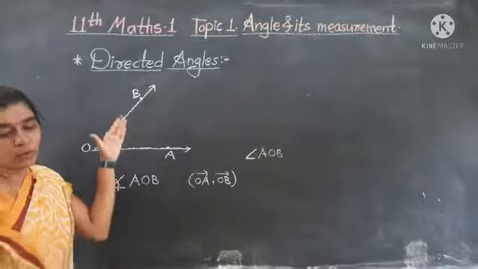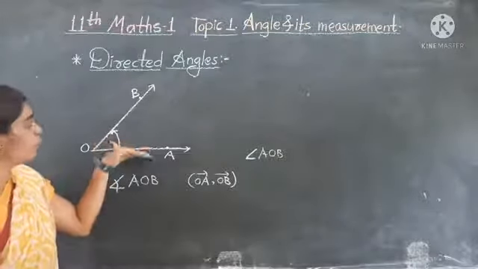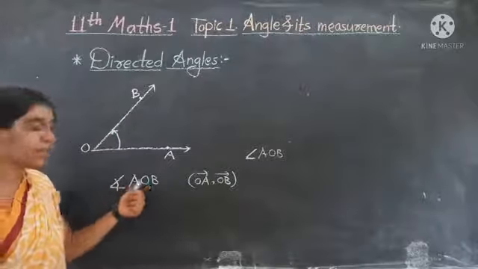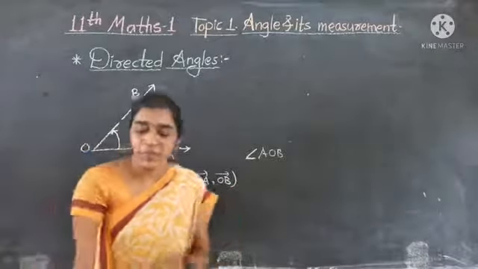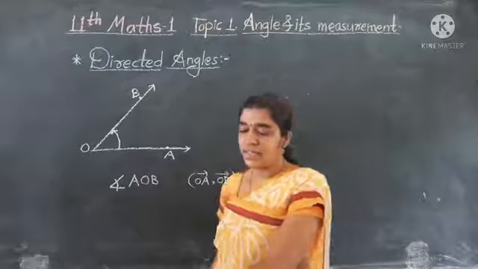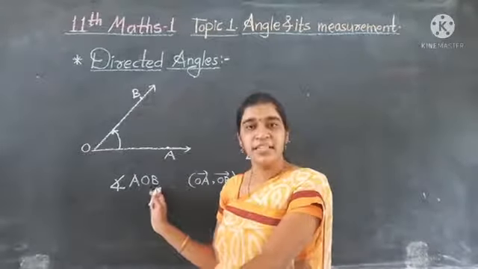If OA bar and OB bar are the ordered pair together with the rotation from OA to OB, then the angle formed is the directed angle AOB. We denote it in this way. If the rotation of the initial ray is anticlockwise, then the measure of the directed angle is considered as